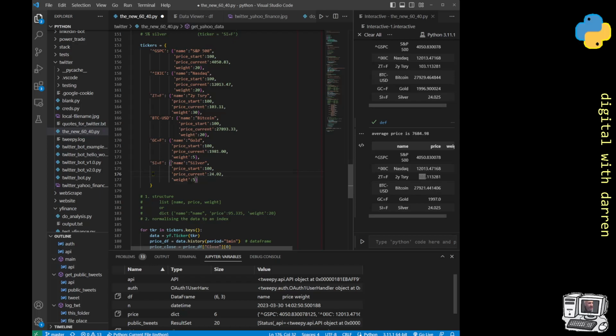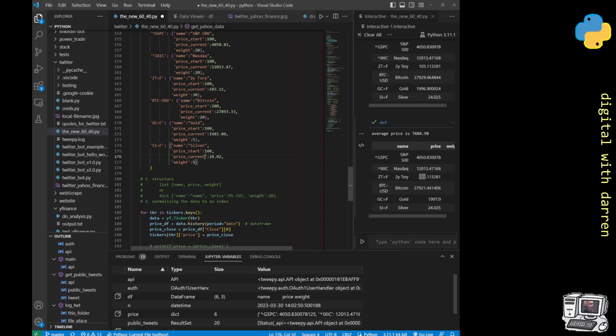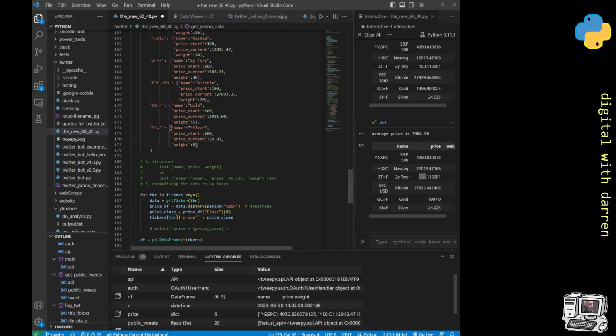So we've got a dictionary of tickers, but now we've got our start prices. Now the price that we're downloading here is going to be our current price, and that's the usefulness of it. So here is what we've got: close, and that's the thing about it, by the way. I could have put close. I'm using current at the moment, but we could use close,